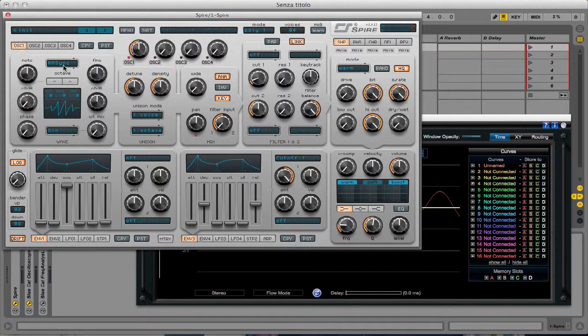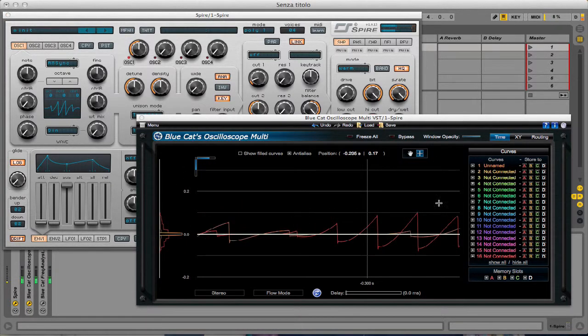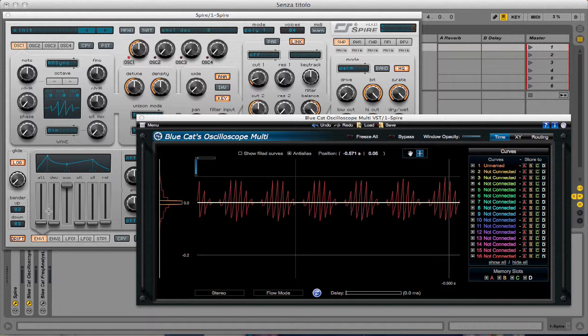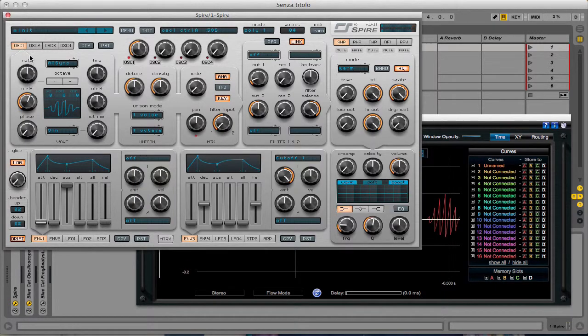FM stands for frequency modulation, AM stands for amplitude modulation, and you can really see that it's keeping on changing its amplitude. It's basically modulated, right? So you see that it's modulating its waveform. But if I go up, I see that